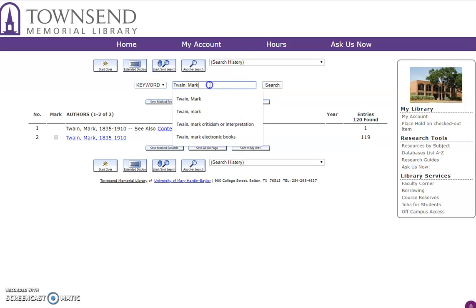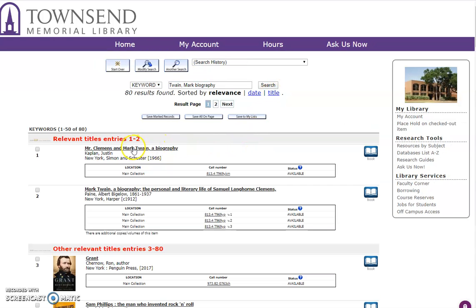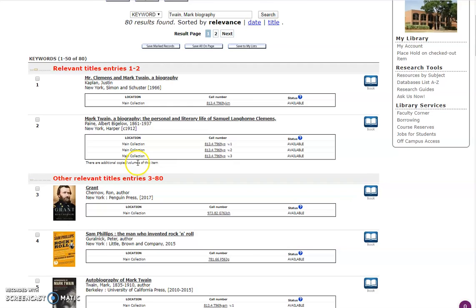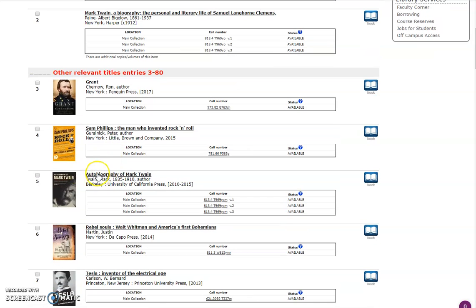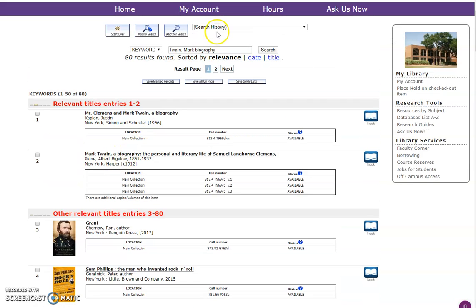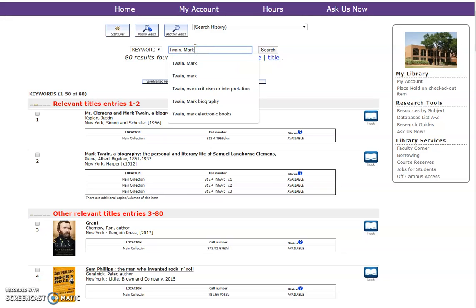If you are looking for a biography or criticism, you can add that like I showed you earlier with electronic books, and you're going to be more limited. So this is interesting. Mark Twain is going to be in here somewhere. Here's the autobiography of Mark Twain. It's still going to be a pretty general search. If you really want, or another way